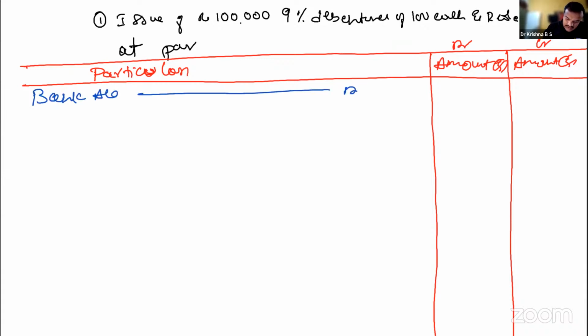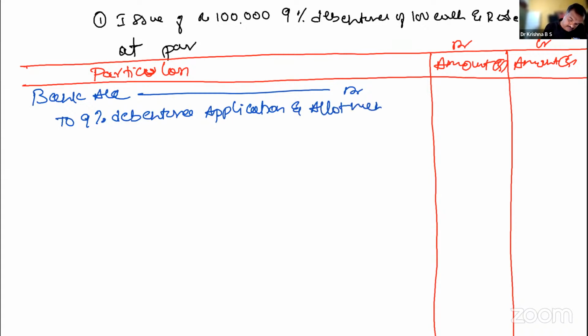Bank account debited to 9% debentures application and allotment account. Okay. So here, what has happened here? Issued rupees 1 lakh, 9% debentures of 100 each and redeemable at par. We have issued 1 lakh, right? Write that 1 lakh here. 1 lakh. Okay. So the journal entry narration for this is